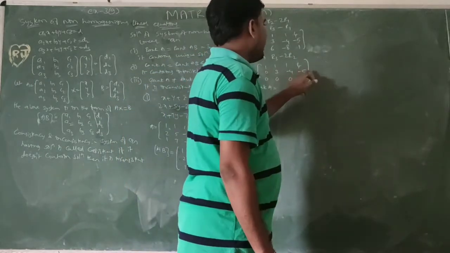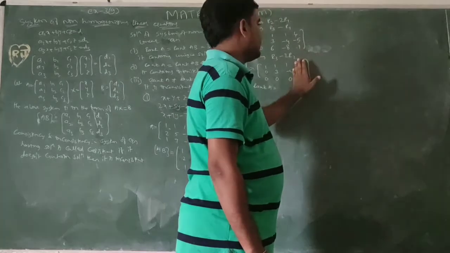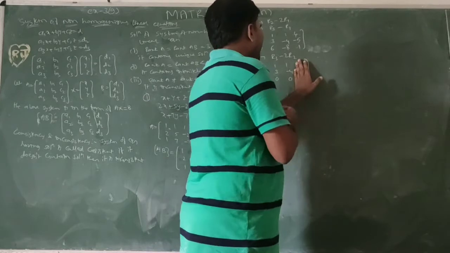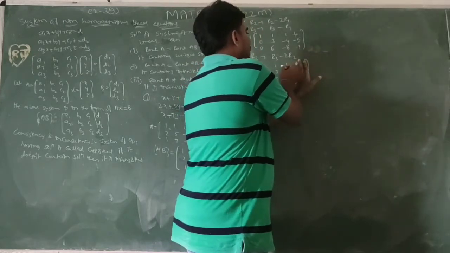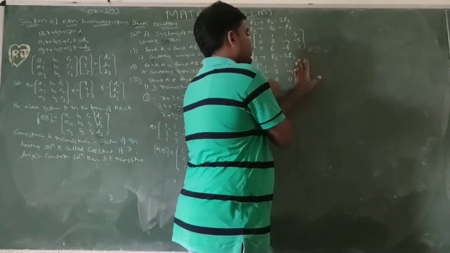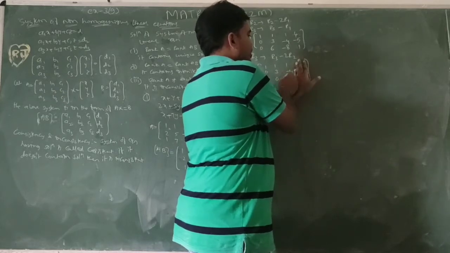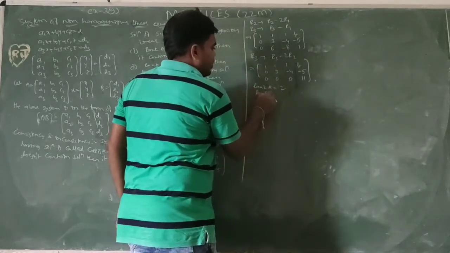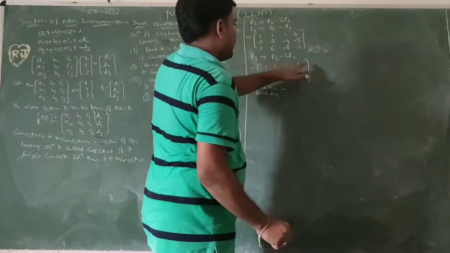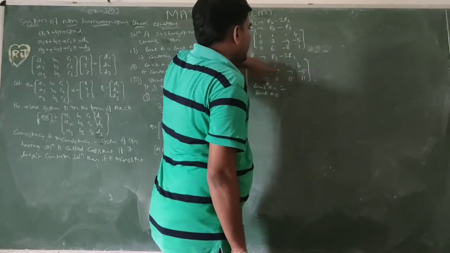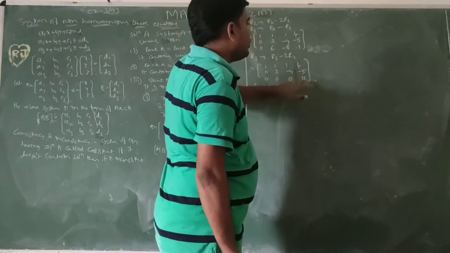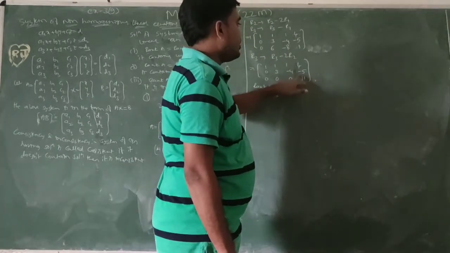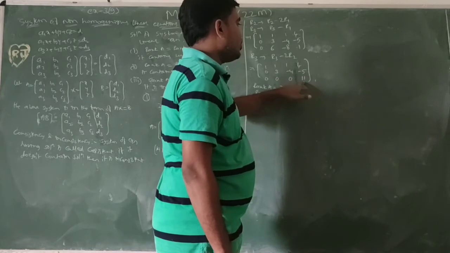So up to this one, A B, up to this one, A. So rank A: if we observe rank A, this is a non-zero row, this is a 0 row, this is a 0 row. So if it is a 0 row, rank A equals 2. Next, rank AB. Rank A is nothing but up to this one. So this is a non-zero row, this is a non-zero row. If we observe, this is also a non-zero row. If it were equal to 0, then it would be 0. But it is not equal to 0, so this is a non-zero row.